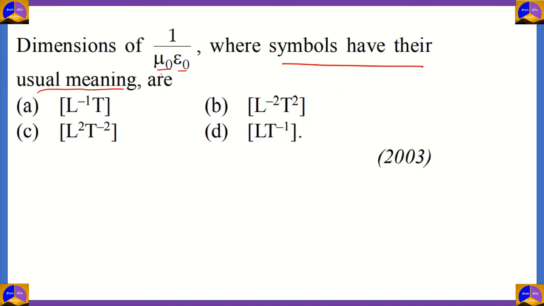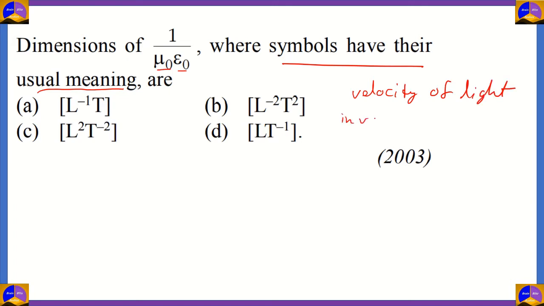So mu naught stands for magnetic permeability in free space, and epsilon naught stands for electric permittivity in free space. So there is a formula which relates the two quantities, and that is the formula with respect to velocity of light